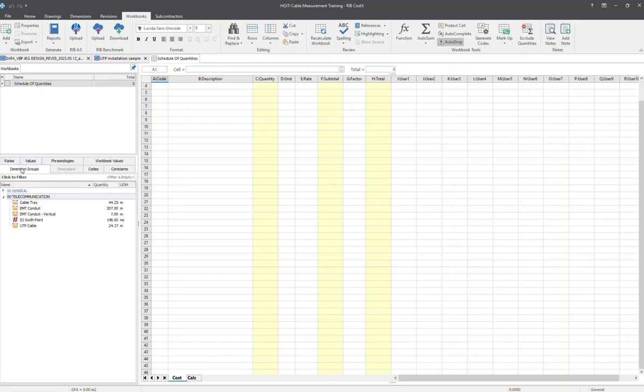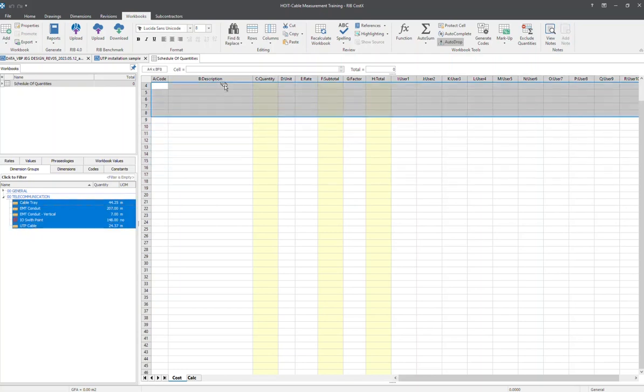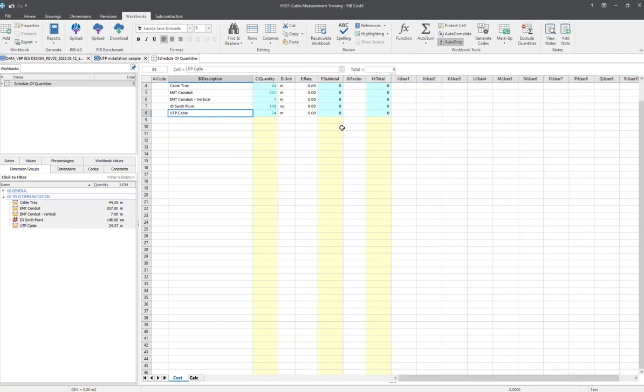So whatever quantity takeoff that we did in our dimension view just now, this is where we can drag all those things, all these dimensions. We can drag them into this particular workbook just by simply dragging and dropping. And if you want to apply rounding, yes, I want to apply rounding. Just click OK, then everything will be dragged